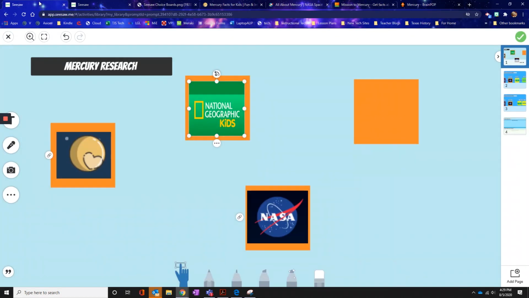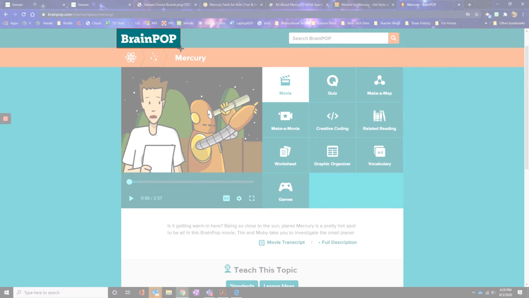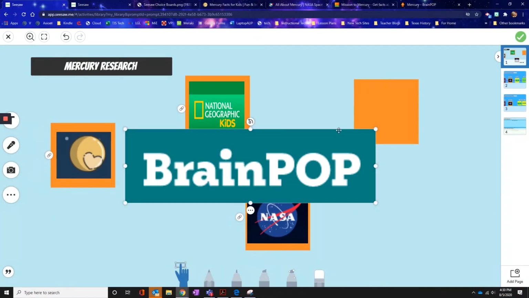Go back, copy that link, ellipses to the link, Control V, and the check mark. Notice that there are little icons next to all these pictures. It shows you your links are there. My very last one is Brain Pop. So I'm going to take a picture of Brain Pop and stick it right there